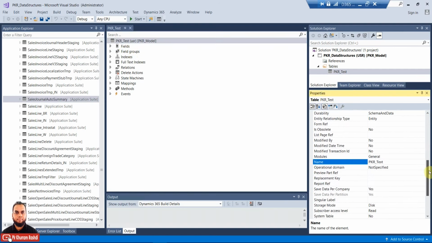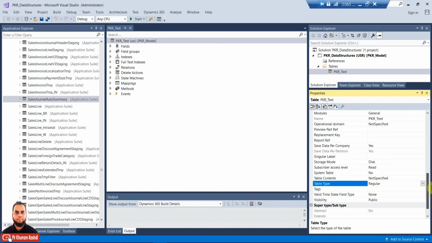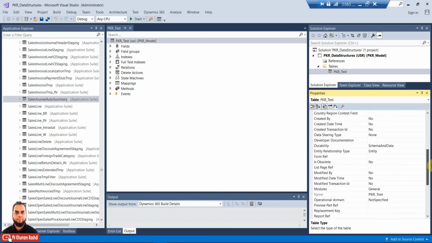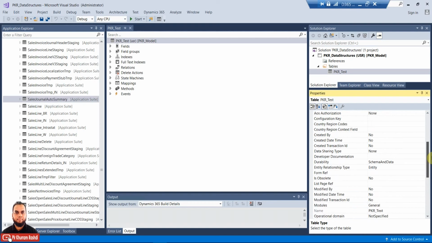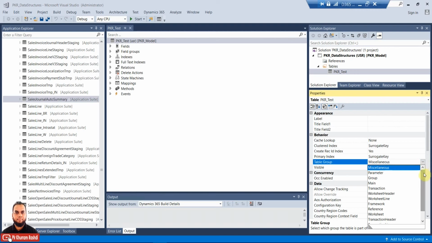So once I select the table, then I can go to the table properties, and in the table properties I can select here table group, and you can see now there are different values here, just like base enum. Base enum is basically a list of value or a lookup which is showing you multiple values. So we will start with miscellaneous.